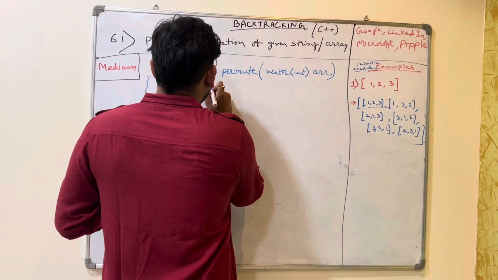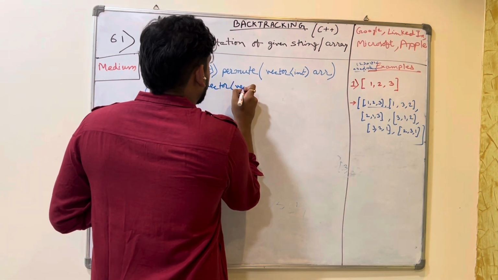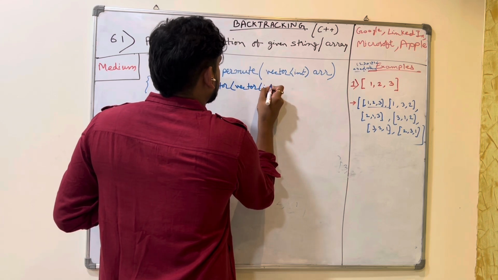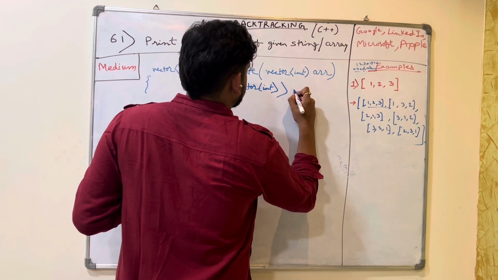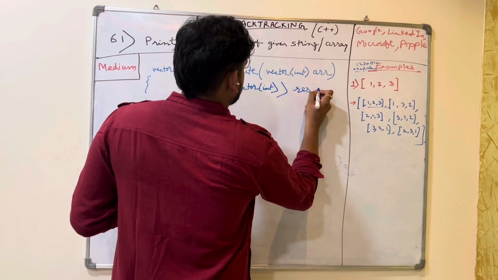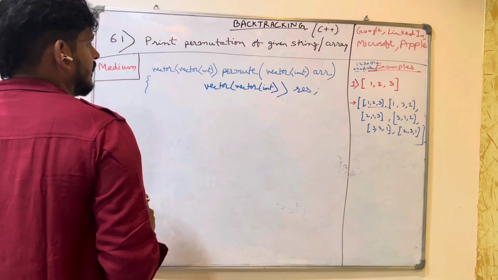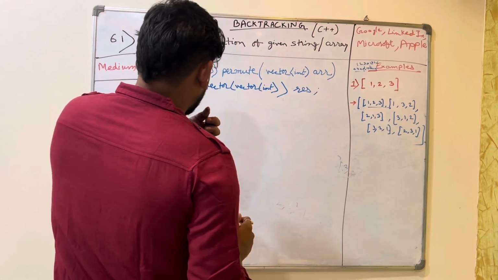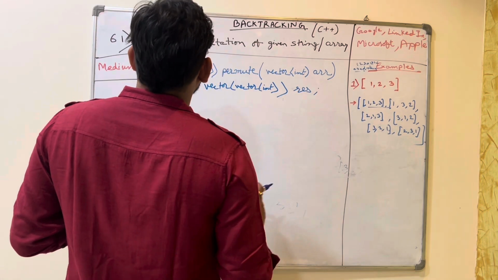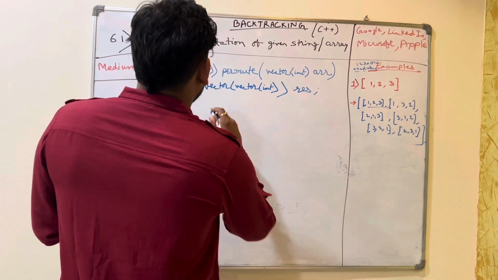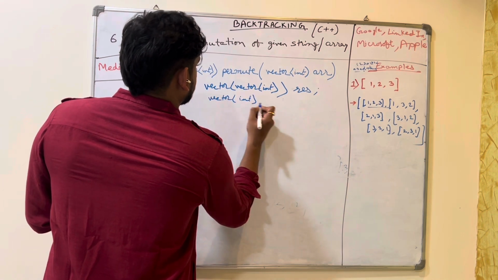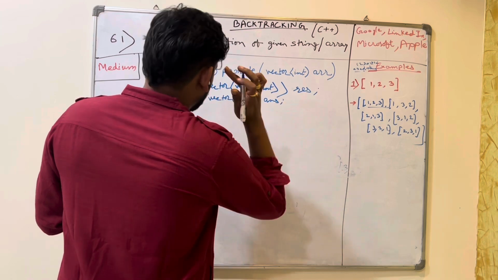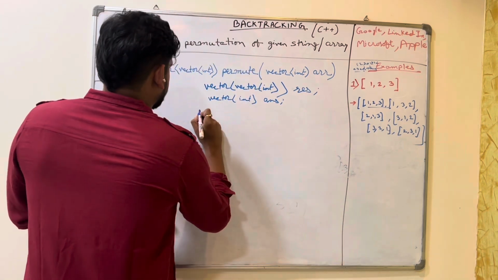So first, what do we need? We need a result, vector of vector, anything, answer or result. Okay, and then what do we need? Vector of vector result, and we need a normal vector, which will push vector of int answer. Okay, and then we call a recursion function,